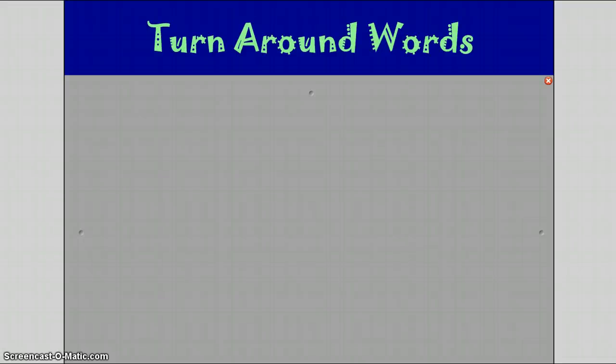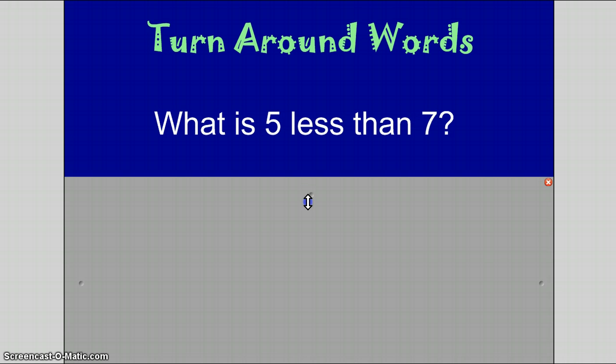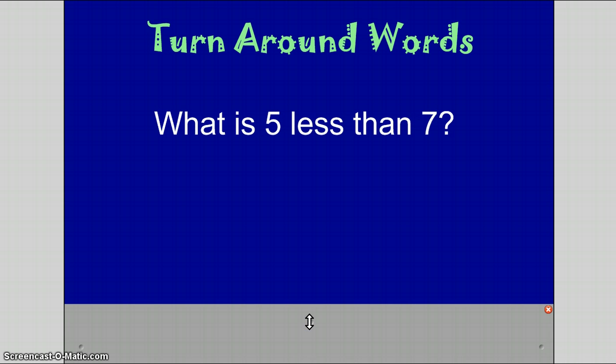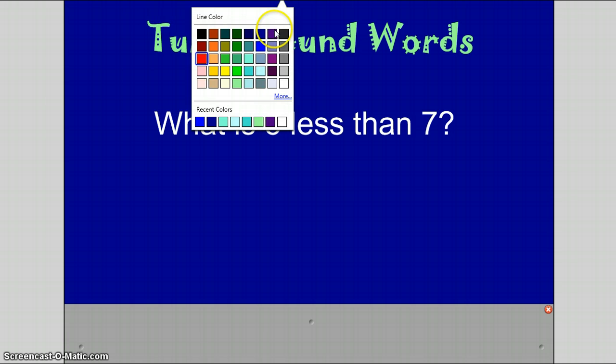Now in that word bank, there's a couple words that you might have said, oh, that's a subtraction word, but I didn't mark it off. Underneath your subtraction symbol on your other side of your sheet, there's something called turnaround words, and what that means is we're going to change the way it's written. So it does have to do with subtraction, but we're just going to be a little bit more specific about it. So for instance, if I were to ask you this question, what is 5 less than 7? You guys are saying, hopefully agreeing with me, that